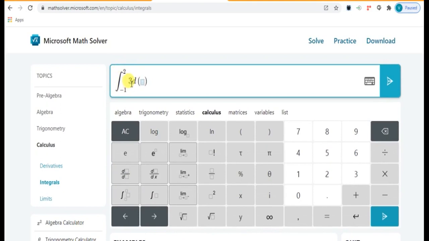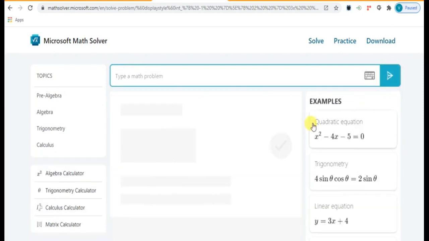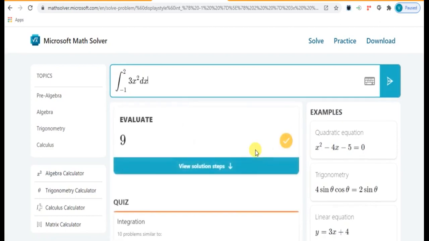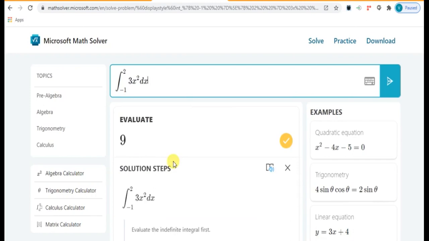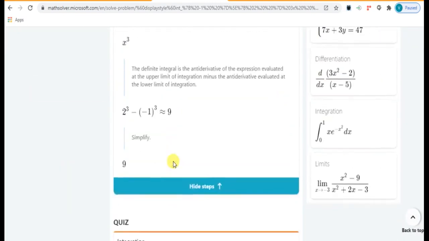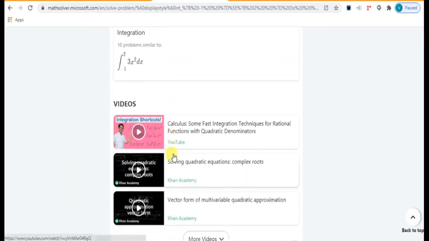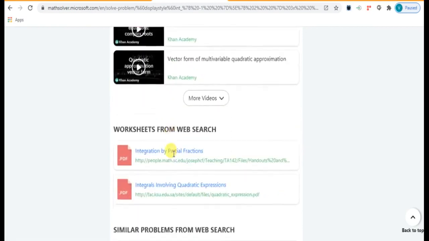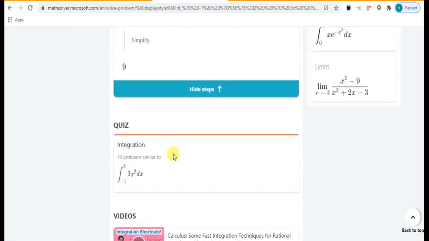Here 3x square, and here suppose dx, and find the answer. It will give the answer 9. You can also view the steps for the same problem. It also shows the quiz here, videos regarding that, worksheets, etc.